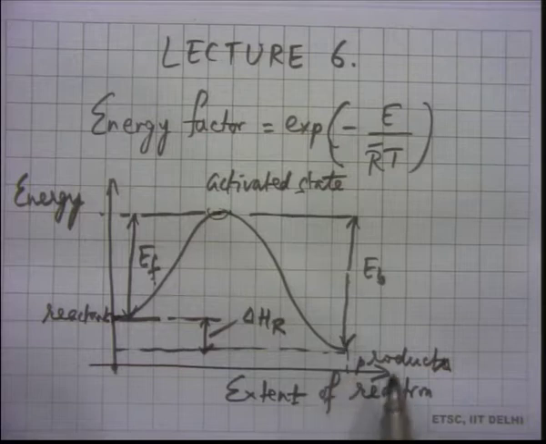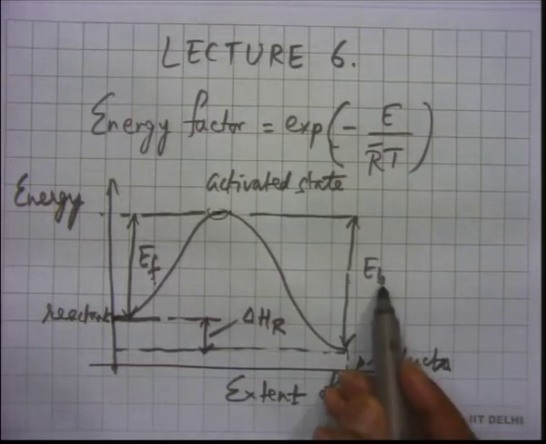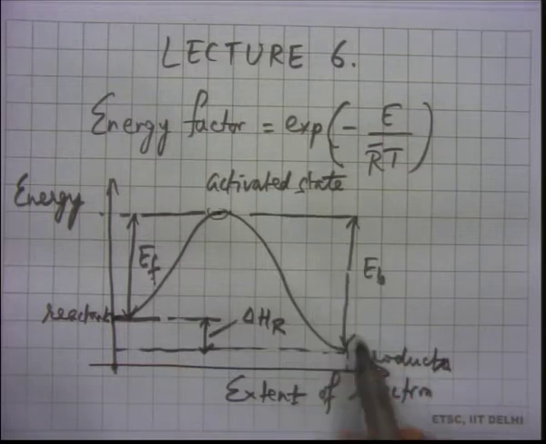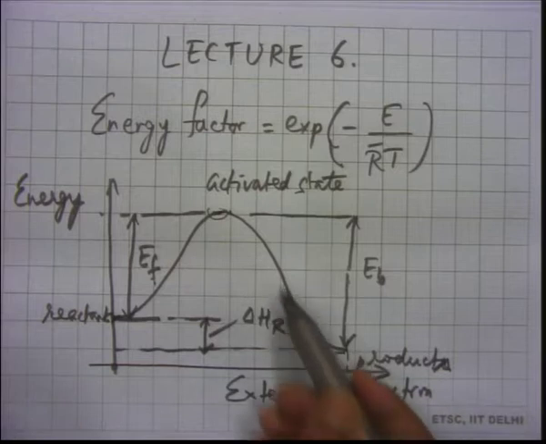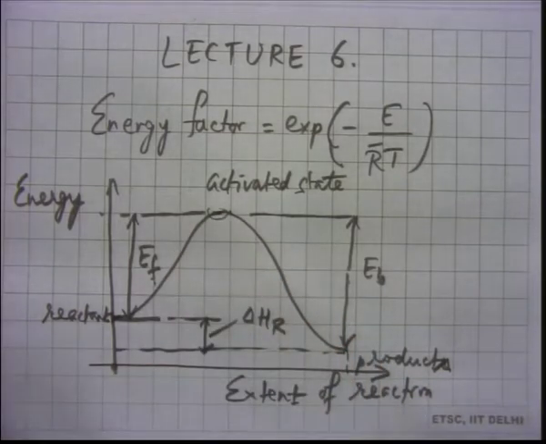Now, if you go the other way, if you start from the products and then you want to move in the other direction, then that reaction is of course a backward reaction. So, the backward reaction will require this activation energy EB. What we are normally calling products are actually reactants for the backward reaction, and they will now go to the activated state and cross over to the reactant. So, that is the idea, and you can see that the difference between these two is the enthalpy of reaction.